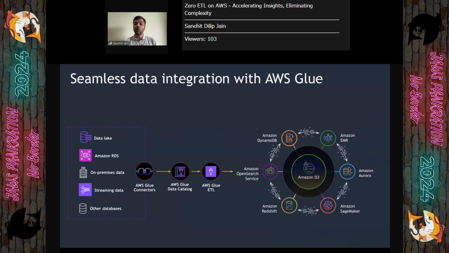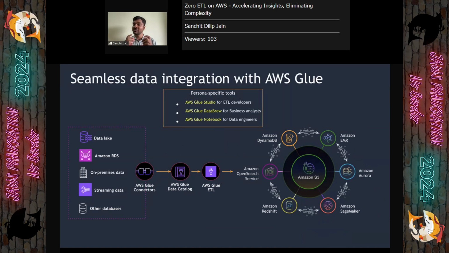The best part of Glue is not just that it simplifies the management, it also simplifies the life of a data engineer. And this is even before generative AI came around. Now with Gen AI, things have been simplified further. But even before Gen AI, Glue provided Glue Studio, where you can drag and drop to work with ETL, DataBrew for processing of the data, and notebooks for more data engineering, so you can process and write Spark code.